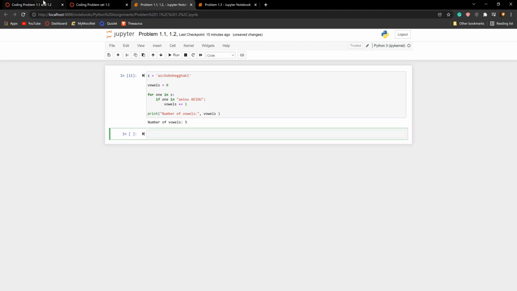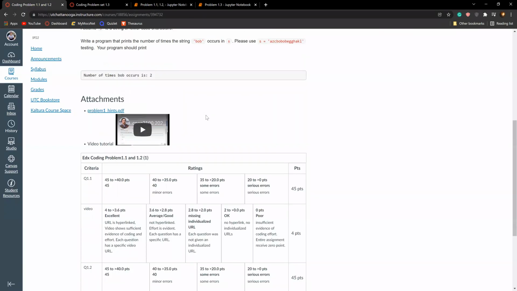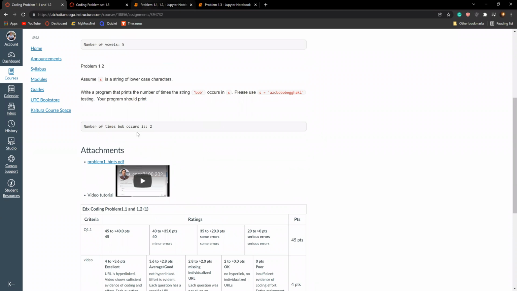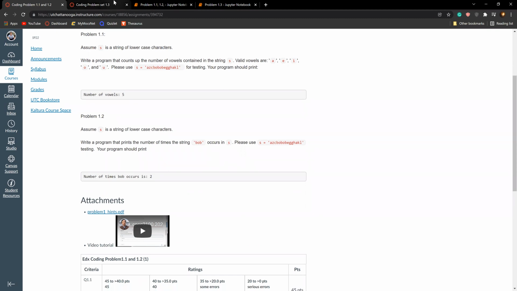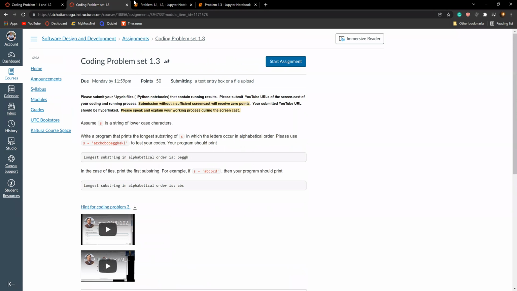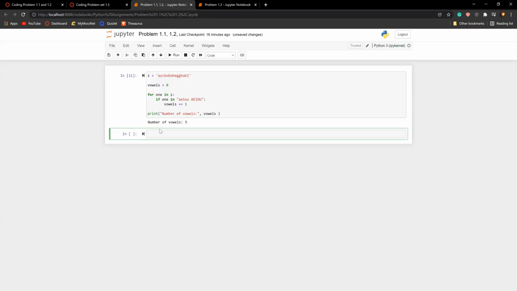Problem 1.2 asks to use the same exact string, but to detect the string variation of Bob occurring in s, and it should print that the number of times Bob occurs is 2. So what we're going to do is to use the same type of string in this as well. Then we're going to set a variable equal to Bob as being 0,